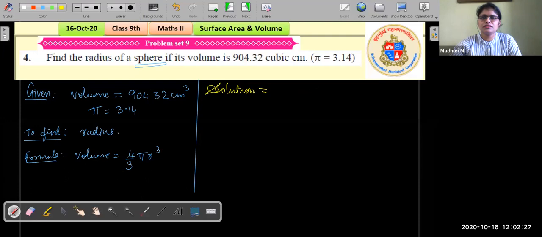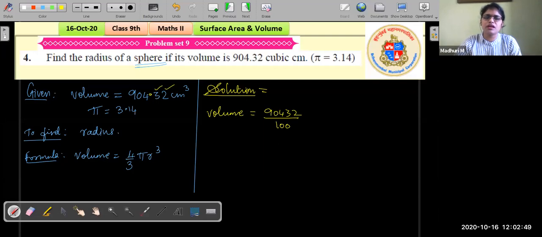The solution, that is, we know the volume. Volume is given to be 90432. I'm going to divide by 100 here itself, because after the decimal point there are how many digits? There are 2 digits, so divide by 100. Okay, and you can remove the decimal point. Now replace this word volume with the formula. What is the formula? It's 4 by 3 pi r cube. That is equal to